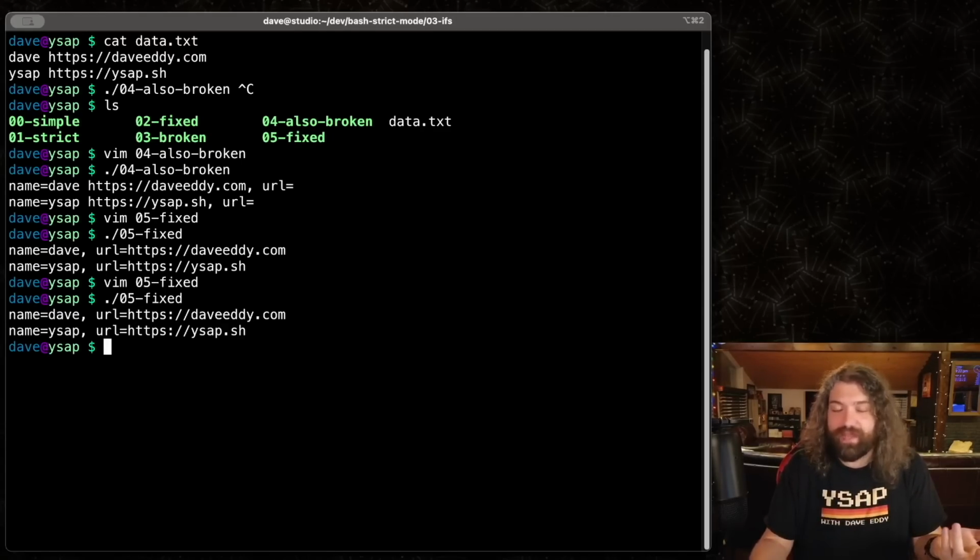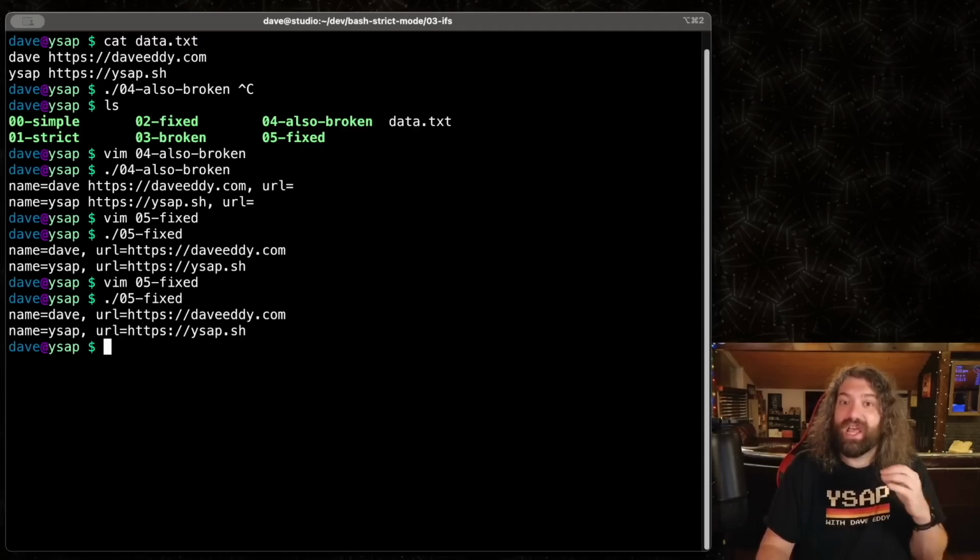I say that as a beginner. I know a lot of people are like, hey, I'm just starting to learn bash. Should I be using the strict mode? Or hey, I'm in bash, I'm using the strict mode and it's breaking. It's like, I'm so sorry if it's breaking. It's going to be very hard to debug. It's already hard to debug sometimes, bash scripts. This, I think, makes it harder to debug.